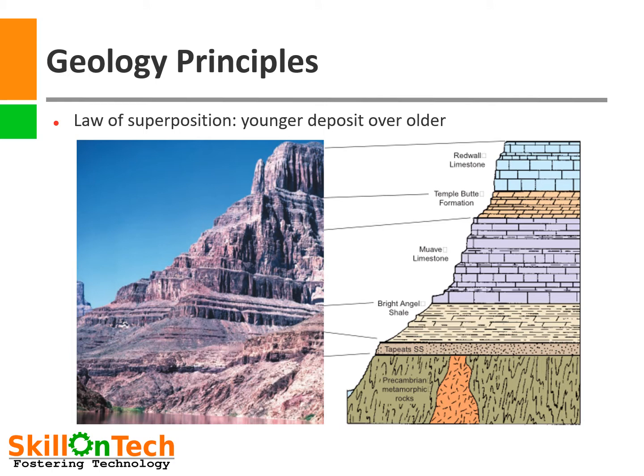To understand how deposits are made, we need to know some basic principles of geology. First, we have the law of superposition. According to it, in a stratified sequence, as we can see in the figure on the left, there are various strata layers in the mountain, and they are exposed due to erosion over millions of years. So, according to the law of superposition, older strata are always below the younger ones.